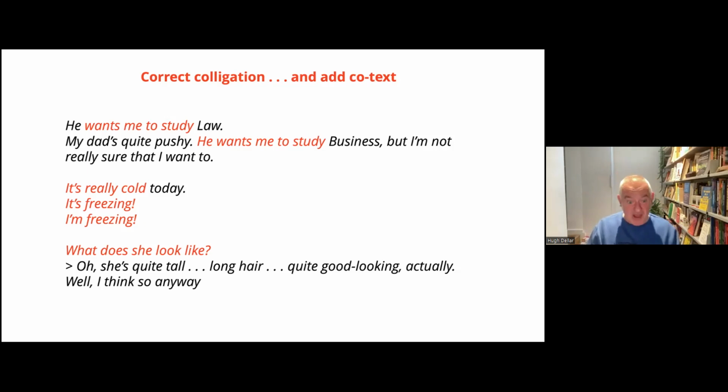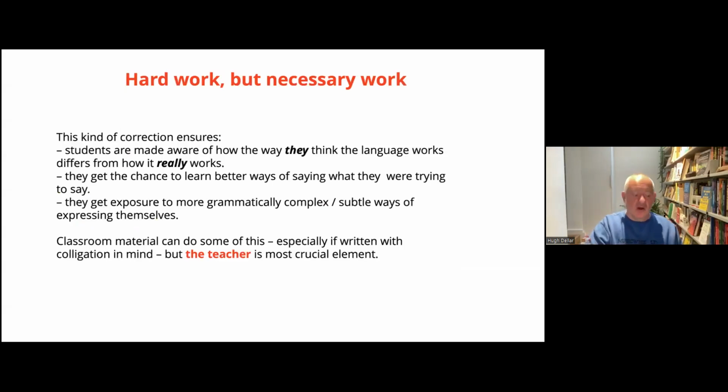Well, I think so. Anyway, so you're showing them the correct way of saying it in English, and you're adding and layering their experience so that they're getting all your experience of how the language works compressed into a kind of narrow slice of time. So you're providing students with this kind of rich input that hopefully will help them push on and move to another level. Obviously, doing this is a little bit more work. It's harder than just saying, it depends on, I agree.